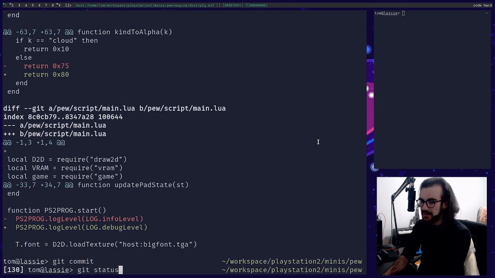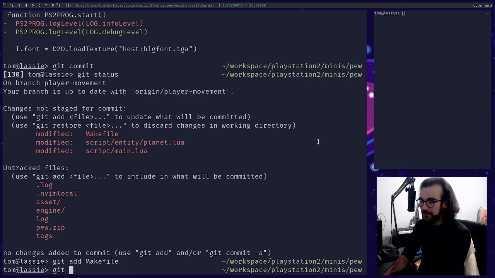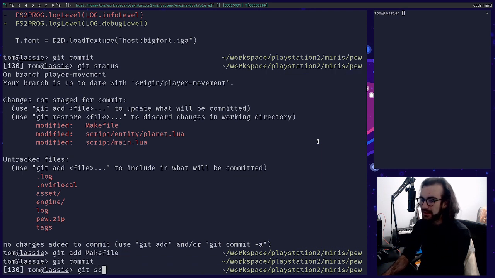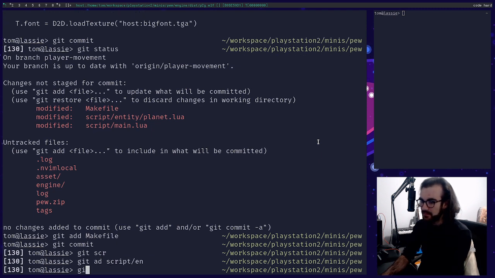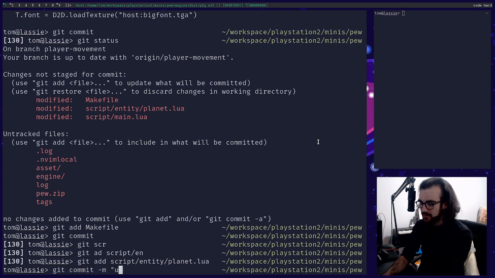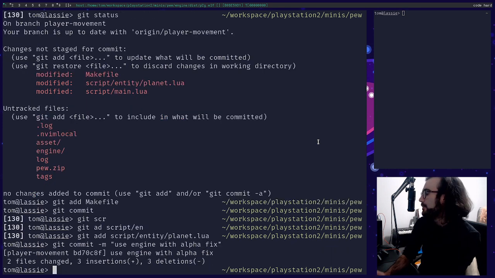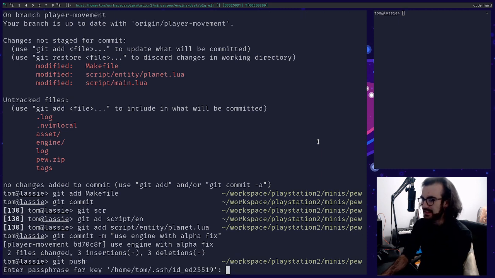Well, let's get status. So let's add the makefile, and let's add the planet script as well. Cool. I love it. And we're just committing this straight to main. We're going to push it because I like to live dangerously.